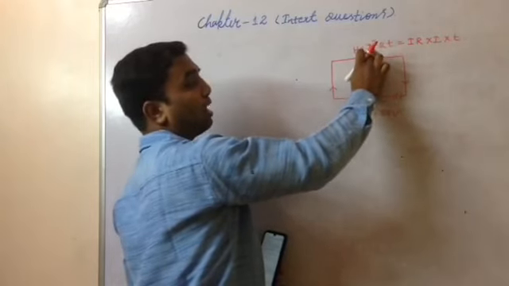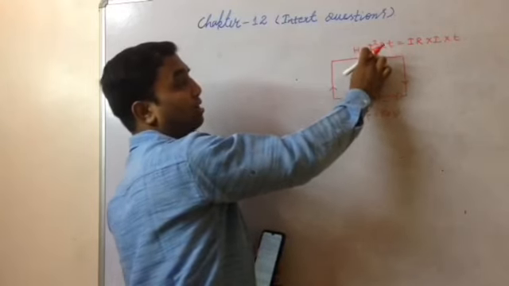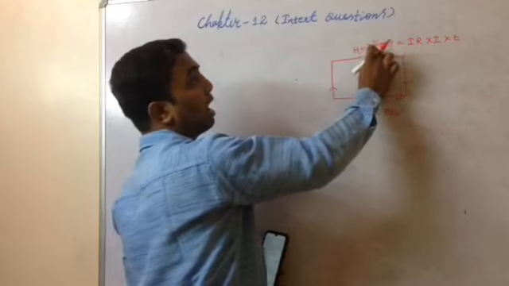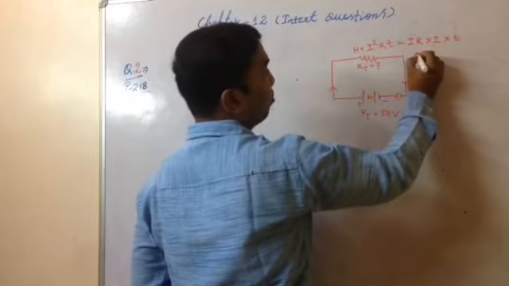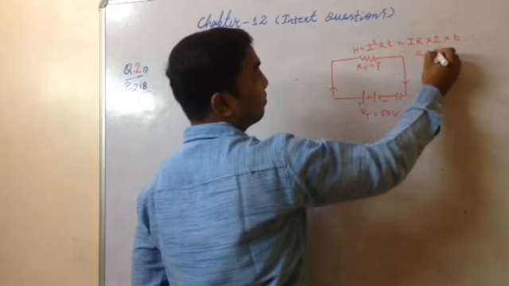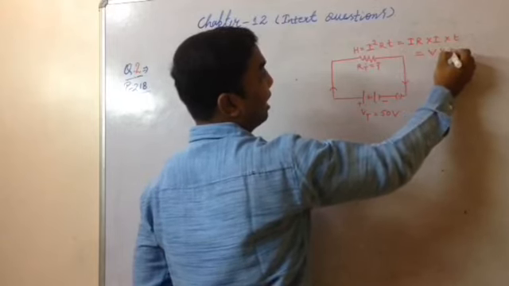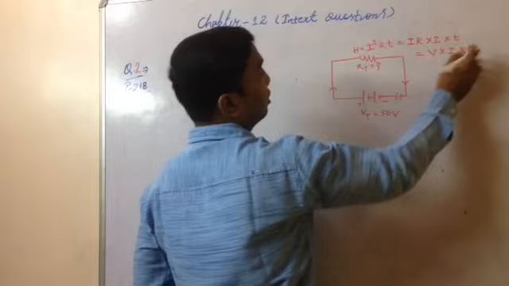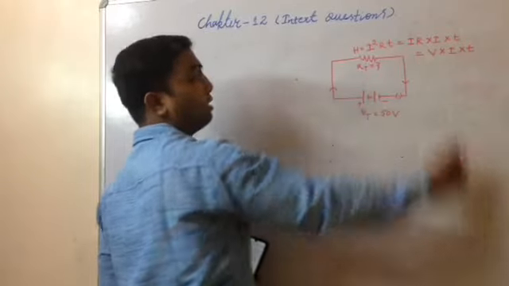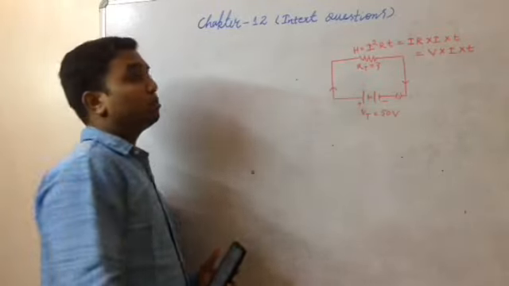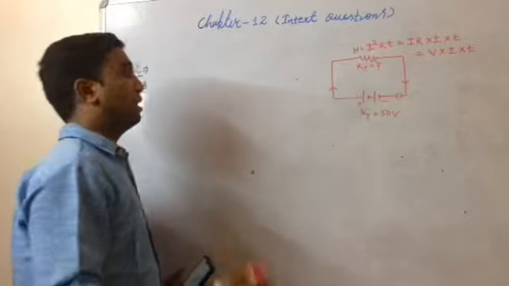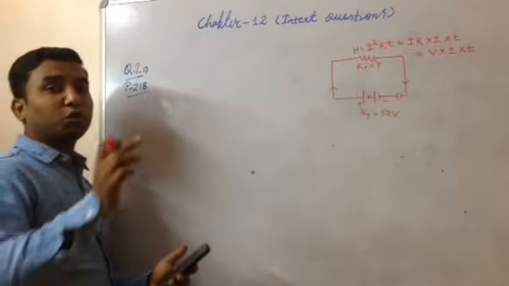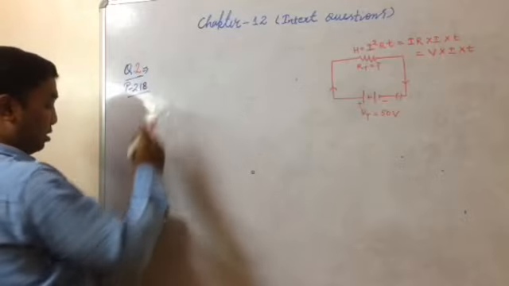I square R into T: what I am doing with this I square is splitting it into two, IR into I, into T. We know by Ohm's law that IR would become V. So this is V, I and T. This is also the formula of heat that is produced in the coil or in whatever device is used in the circuit. Now, according to the question, I will solve numerically.